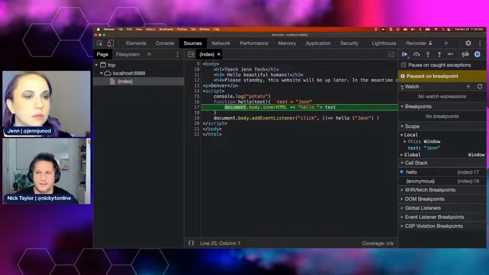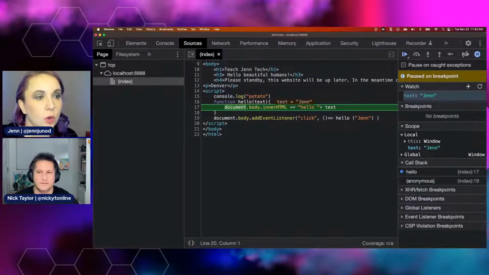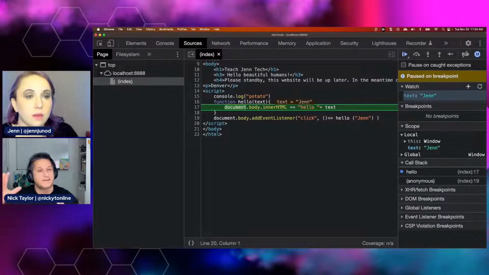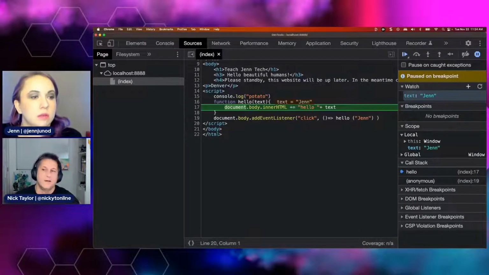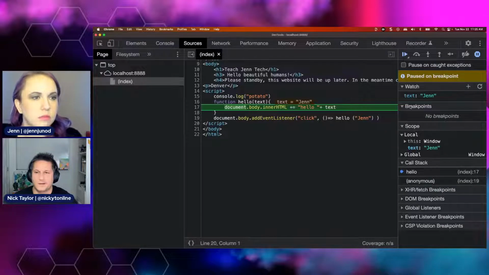Let's open that, and let's click on the plus sign on the right there and type in the word text and press enter. All of a sudden you're going to be like, okay, I can save some things on the right here, I could add other things. So maybe you want to test something. If you click on the plus again, you could say text plus,